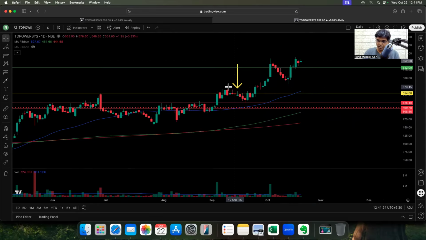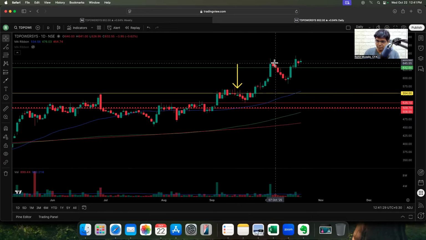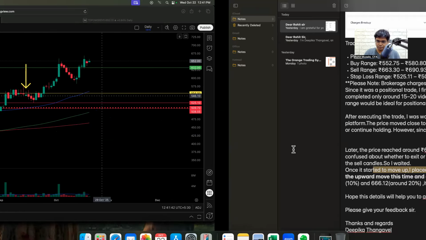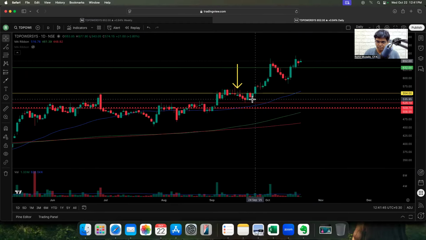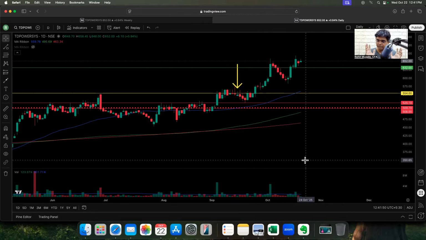This is a mistake. Probably this was emotionally very painful for her to watch this price movement, and this price movement, practically speaking, is emotionally very painful for a trader to watch, which is why she got scared and she put for half position, she wanted to come out here. Because from 15th of September till 15th of October, it's been 1 month she has been holding on to the stock. So it is testing her patience really. And she wants to book some gain. She wants to take some money off the table so that her 1 month does not get wasted.